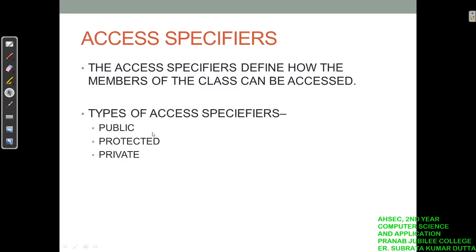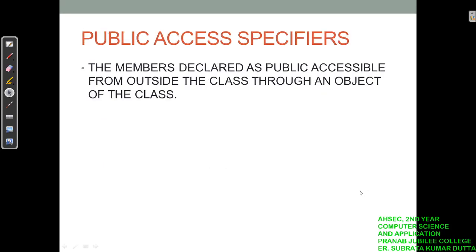There are three types of access specifier: public, protected and private. So what is the public specifier? The members declared as public are accessible from outside the class through an object of the class. Those members may be any variable, constant or function.